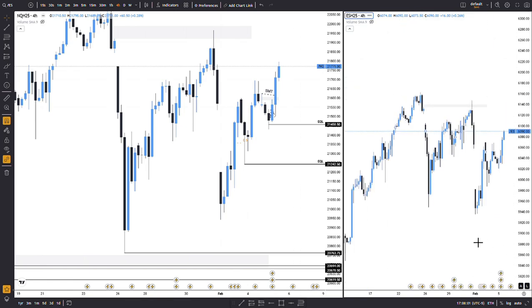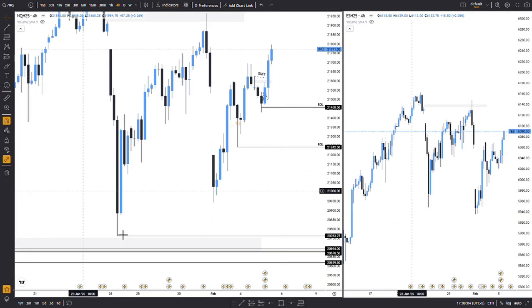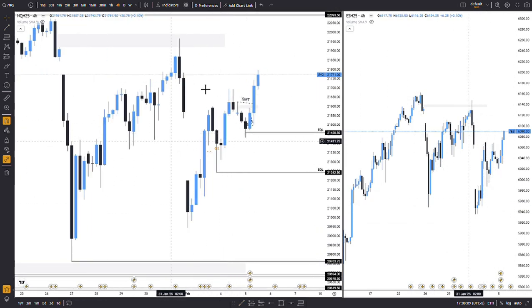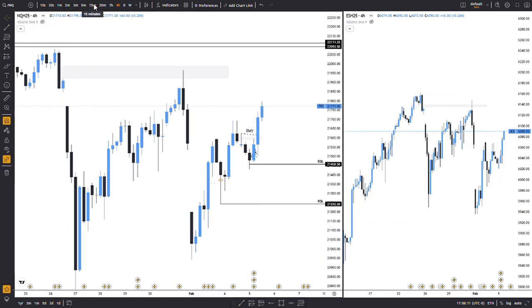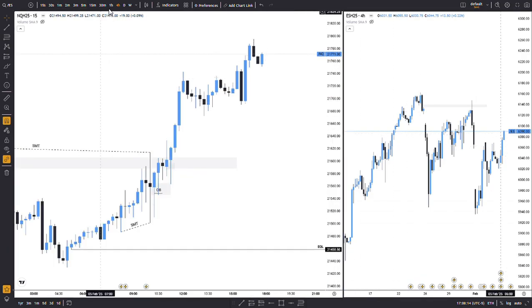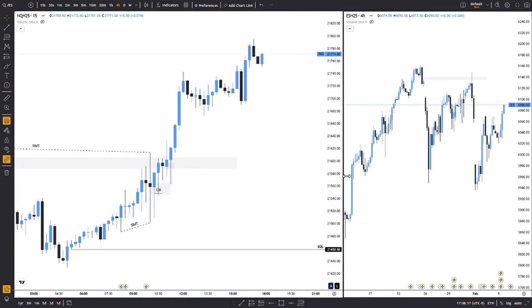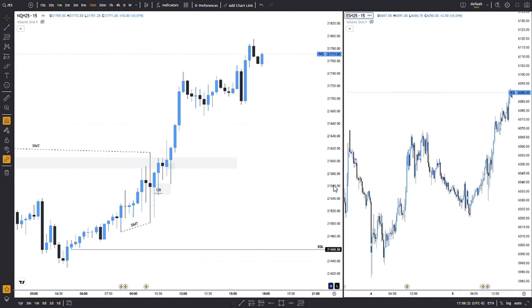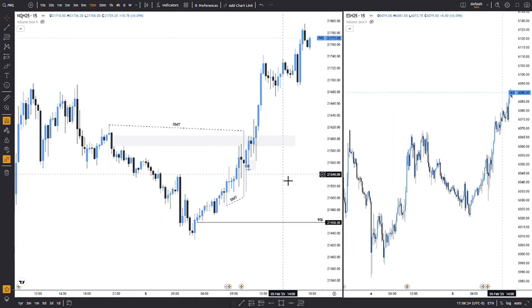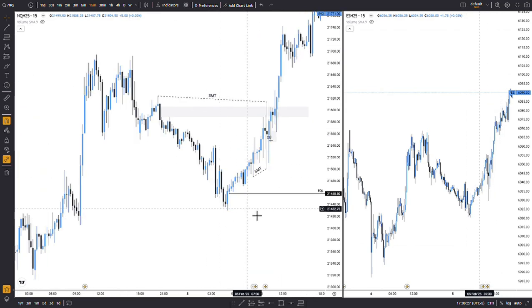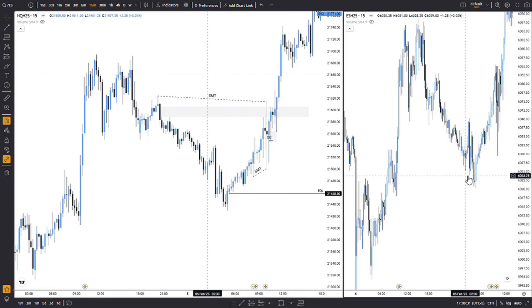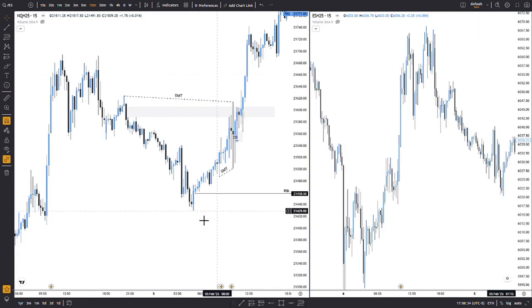If we come to the 4-hour, we made with Sunday an SMT, and we are just slowly but surely coming higher. And then we go to the 15-minute, and easily what we see here is that today I was kind of bullish. I was bullish because here we didn't create an SMT that told us that we will just be pumping higher, but